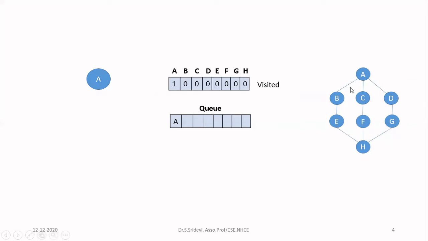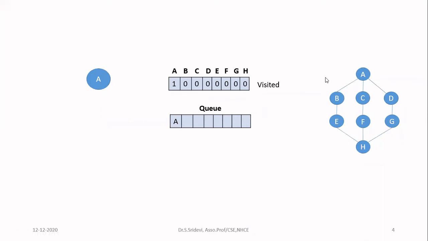That means that if I have an edge from A to B, the meaning is I can reach from A to B using the edge, as well as from B, I can reach A using the same edge. If I have direction in the edges, then only I have to consider the adjacency matrix properly. So here, now first we are going to start with the source vertex.